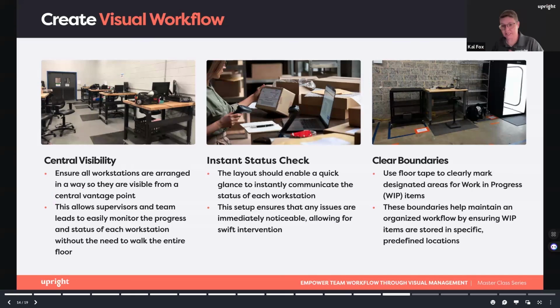What that looks like is creating a central visibility of your workspace. You want to be able to